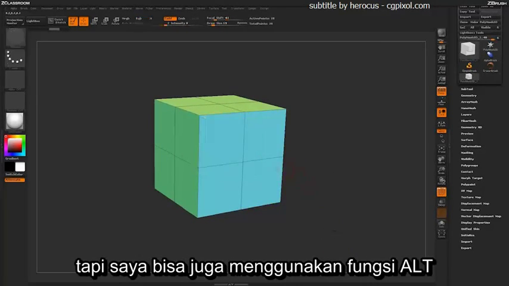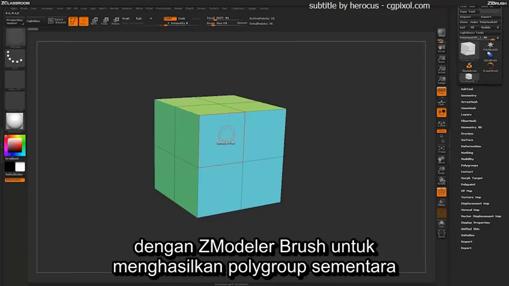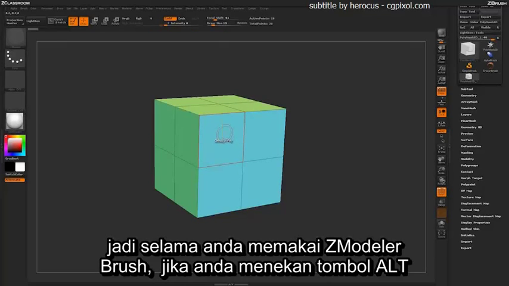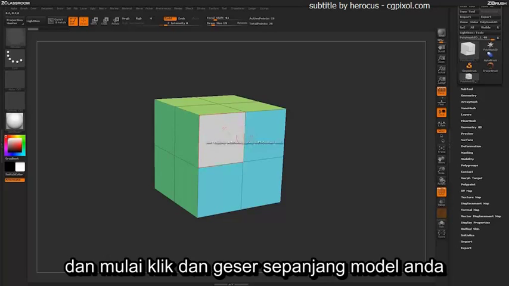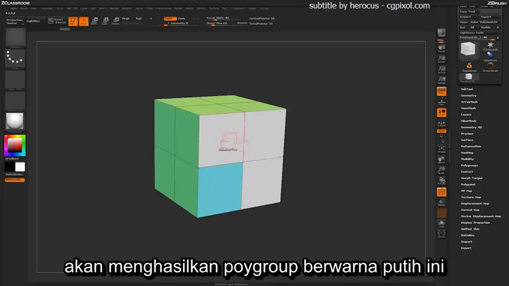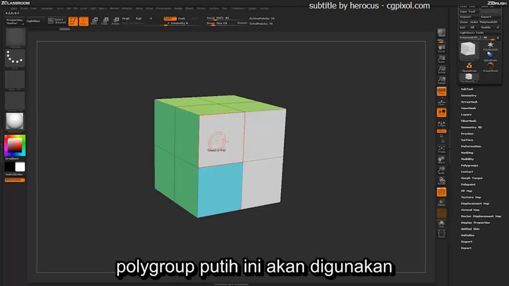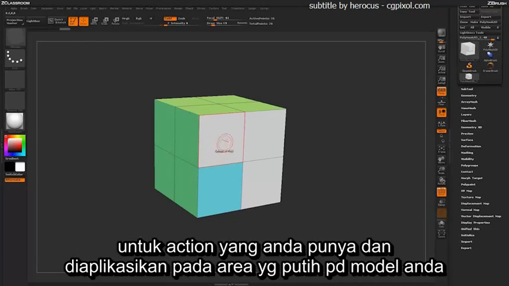But I could also use this Alt functionality with the ZModeler brush to generate a temporary polygroup. So as long as you have the ZModeler brush selected, if you hold down Alt and start clicking and dragging across your model, it is going to generate this white polygroup. Now this white polygroup is going to use any action you have and apply it across those white areas on